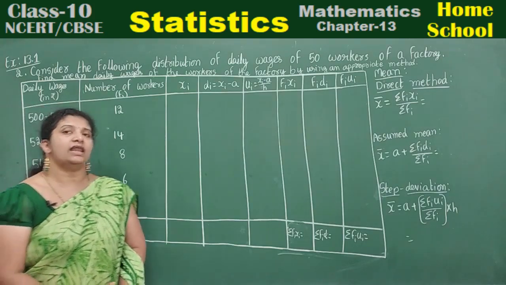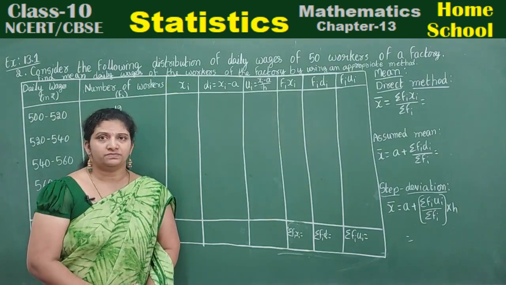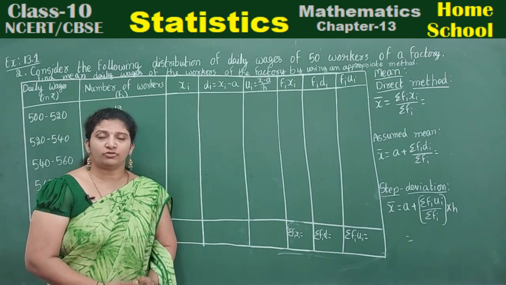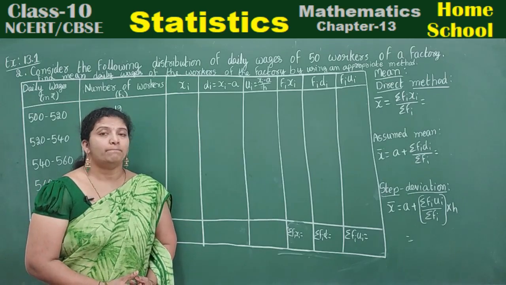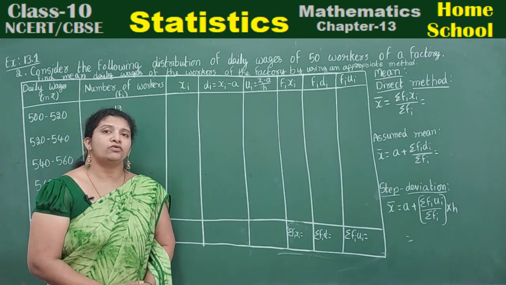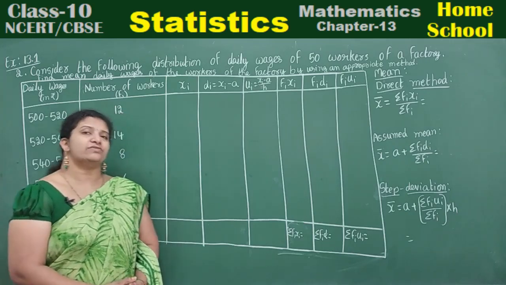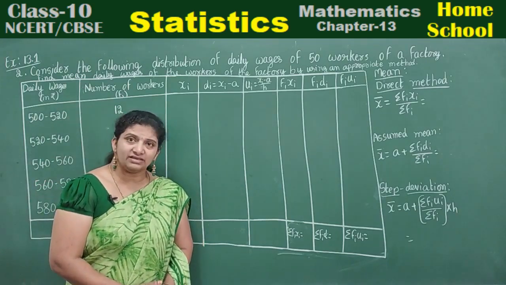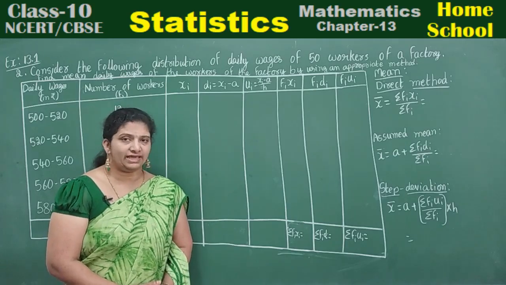As we have seen in our last session, we have done one problem in all three methods. Whoever is interested in their own method, they can proceed with that. As I was showing you three methods, but your choice should be only one from it. Suppose if you want to go with the direct method, what you are going to choose? Class interval, frequency, score, and Fi, Xi, summation Fi, Xi you need to do. Only those four columns are enough.